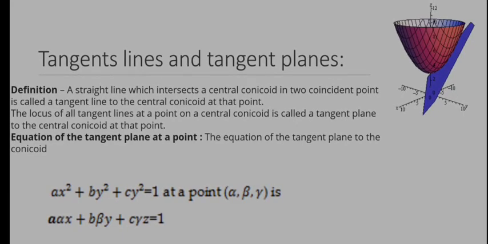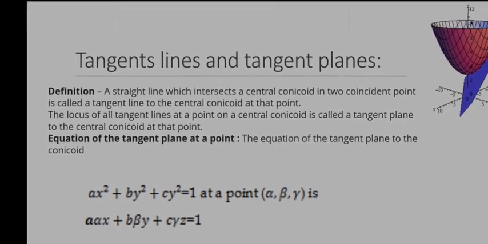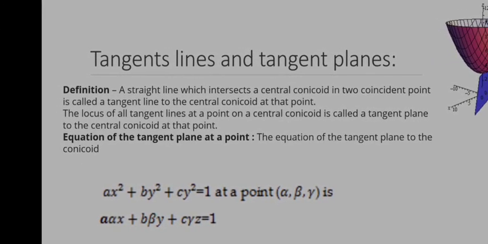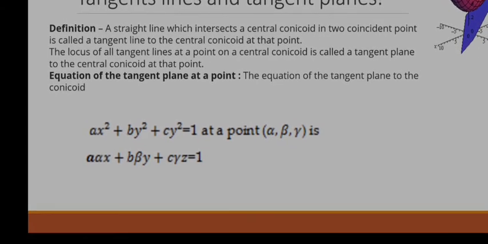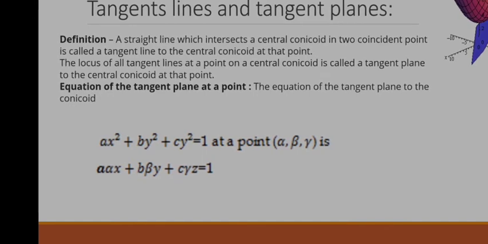The locus of all the tangent lines at that point on the central conicoid is called the tangent plane to the central conicoid at that point. The equation of the tangent plane at that point is given below. The equation of the tangent plane of the conicoid ax² + by² + cz² = 1 is